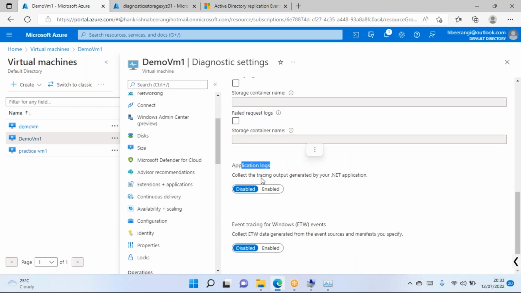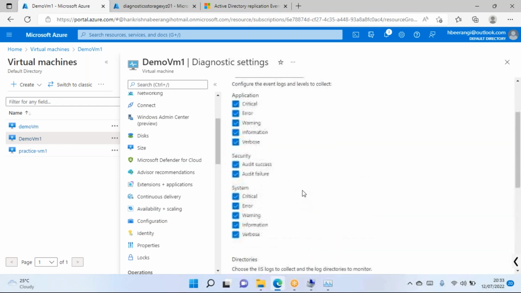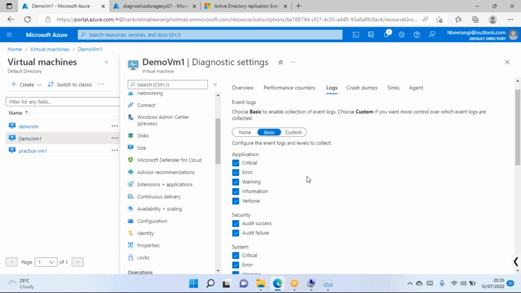Application logs, again, this is for .NET application. If you have a .NET application installed, you can go with this. And for event tracing of Windows events, you can go with this. If not, in most of the cases we will be using this feature itself. Okay,